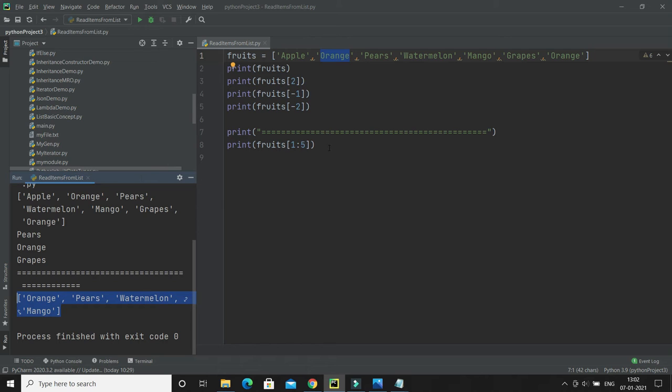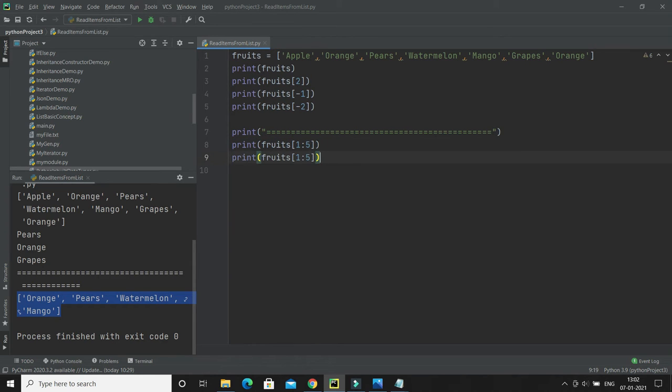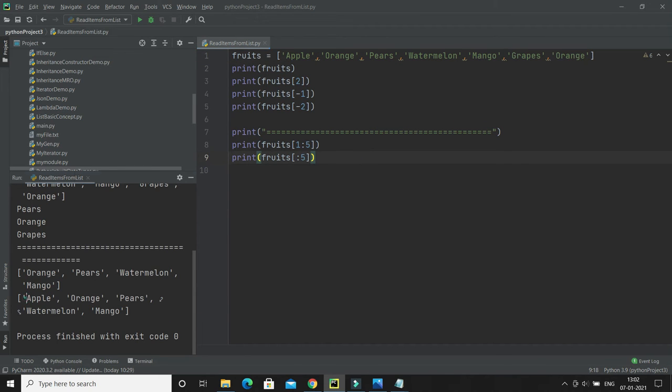You have basically three choices when you specify the starting index and last index, right? Either you can give the start index and last index, or you can leave one of them out. Let's say if I leave the starting index and only specify the last index, that means it will start from the beginning till n minus 1, and mango would be the n minus 1, right? Let me show you. So you can see it has started from the apple, which is the starting index, orange, pears, watermelon till mango, right? So still last index is n minus 1. It will bring the items till index number 4.